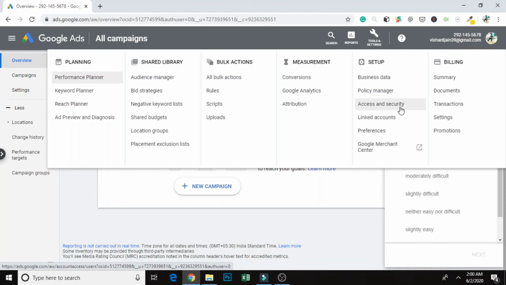Don't worry if you don't know each of these, because if you are a beginner you won't know any of this. Don't worry about it. I will make a video in detail covering all those features. So make sure you watch all of these videos. And if you have any doubt, if you feel that your Google Ads account is not being created properly, some errors are coming, just DM me on Instagram. I will definitely help you out.